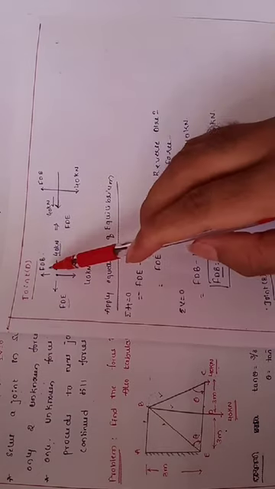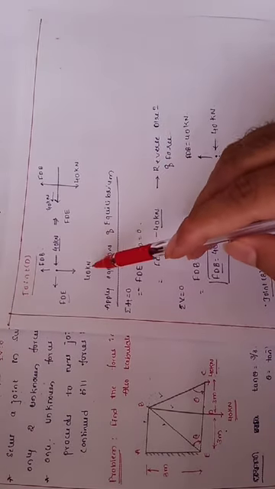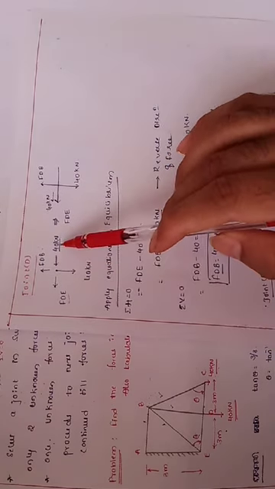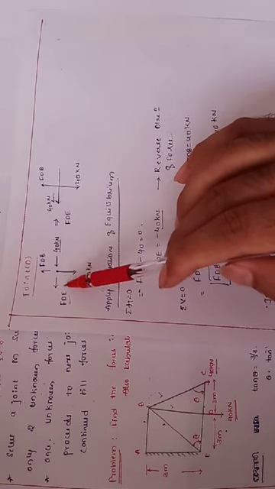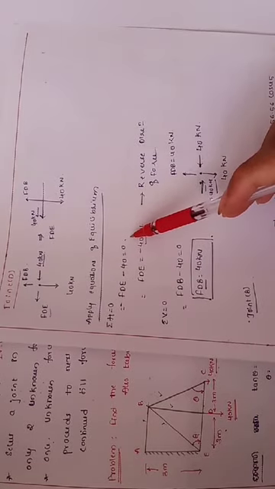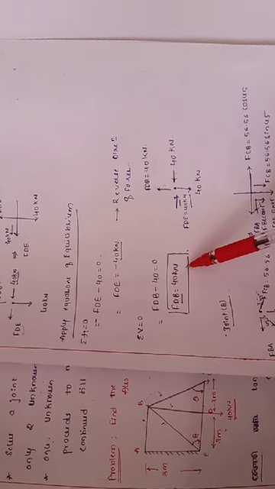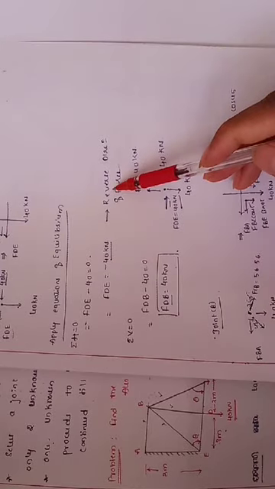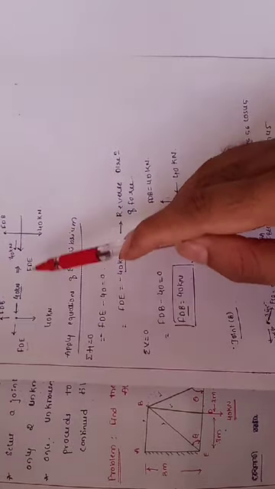The next one will be joint D. If you look at the joint D, so here I have 40 kilonewton. So this 40 kilonewton which is moving towards the joint, this is the reverse direction from the previous case, and again FDE I am assuming away from the joint. So substitute in quadrant, apply the equations of equilibrium, you will get FDB which is equal to 40, your assumed direction is correct. And again next one will be FDE, so that will be minus 40, we are supposed to reverse the direction. Instead of this direction you are supposed to reverse the direction, so that will be moving towards the joint. So that I have got 40 moving towards the joint.